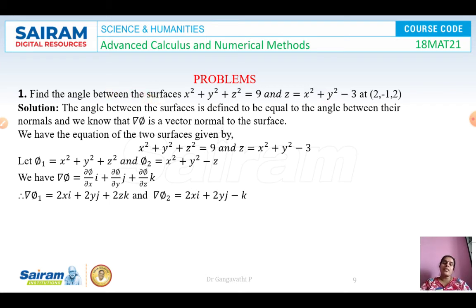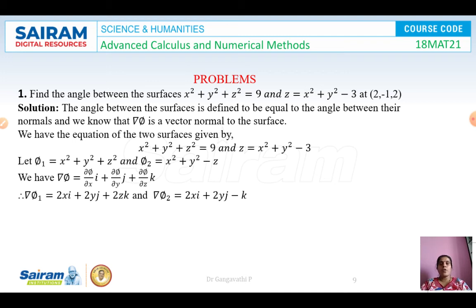If you can remember your vector calculus basics, what you have learned, we know the angle between vector quantities. We can find the angle between vector quantities. As of now, we do not know how to find the angle between the surfaces, that is, scalar quantities. But here two surfaces have been given and we are asked to find the angle between them. As it is, we cannot find it, so we have to convert these scalar functions to vectors. So how do we do that?